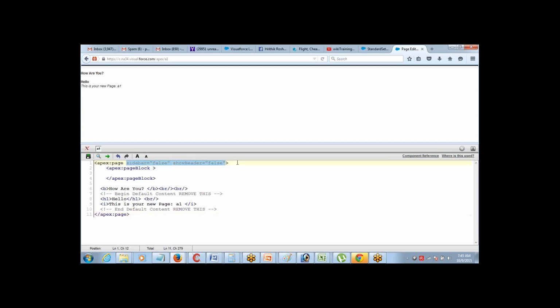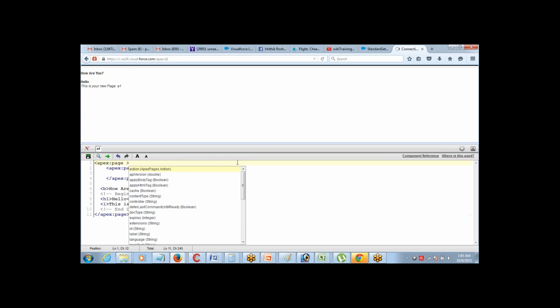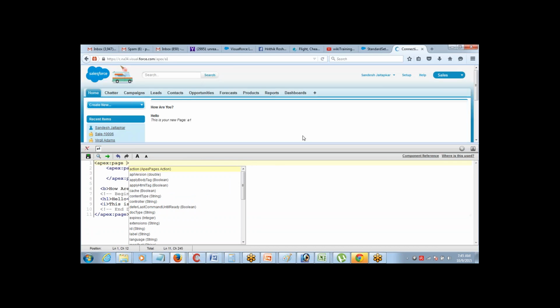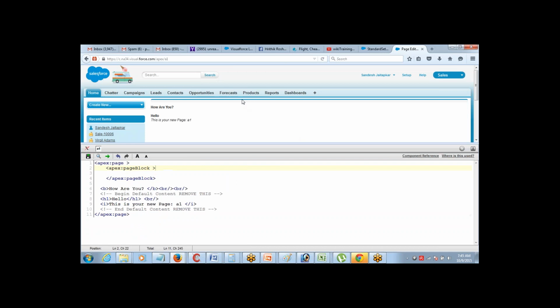Let me bring in the header and sidebar. Okay, now you'll be able to understand easily. You see this small block created. Okay, this has come because of this Apex page block. Okay, page block is a component which allows you to create a square kind of rectangle kind of a block on the page.